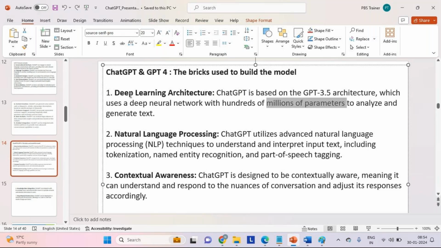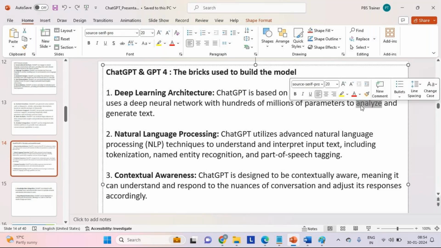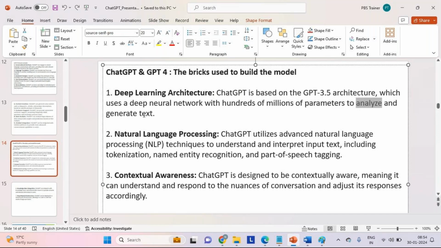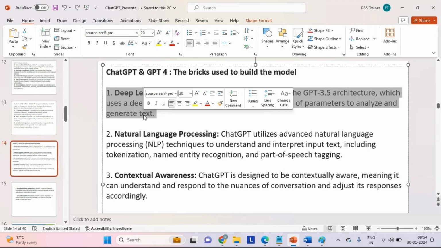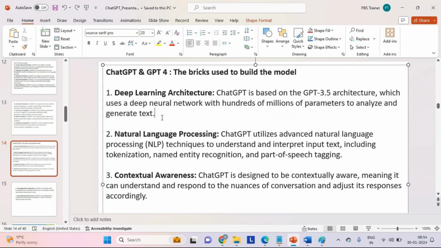Remember this. Why do we need that? Because we carry out analysis, and the result of the analysis should be generated and sent as a response to the user. Remember that. If we have millions of parameters, then deep learning is going to help us take care of it.